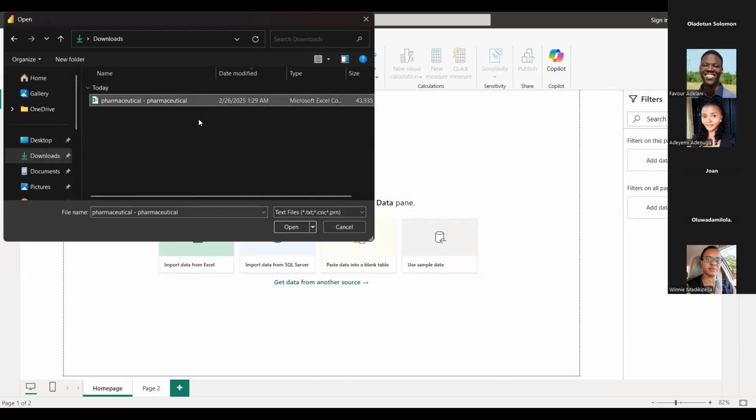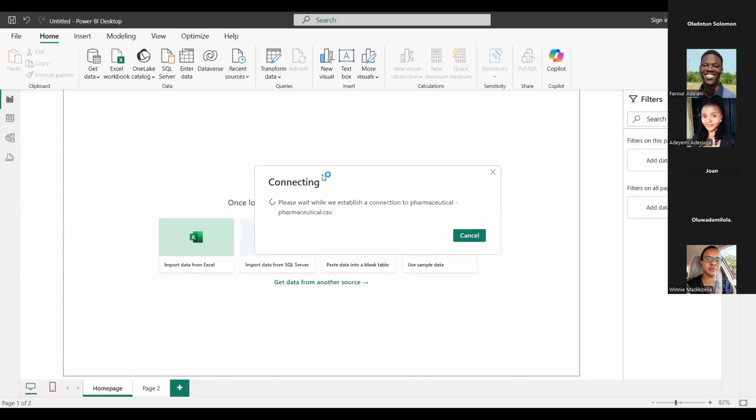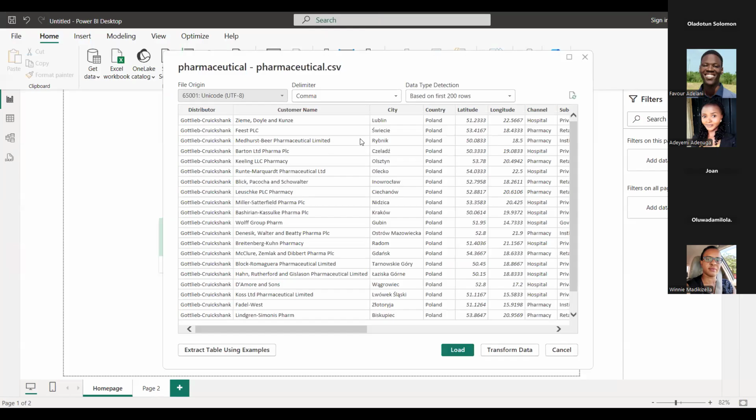Okay, now I've seen what I'm looking for. This is the data set we're going to be working with, and I'm going to press OK. Good. Now, how many of us remember working with Power Query in Excel? Can you tell me what Power Query does? It helps transform and load data.